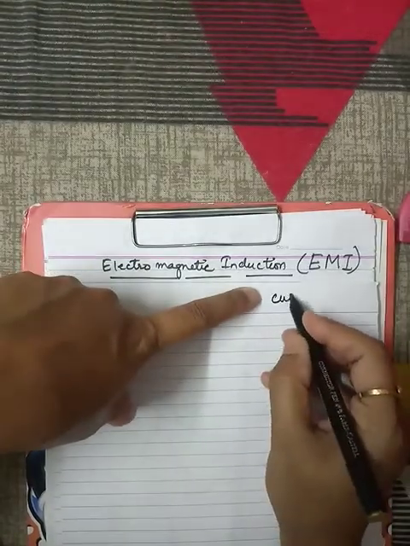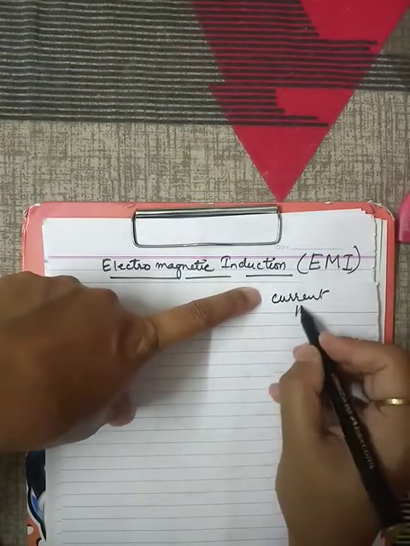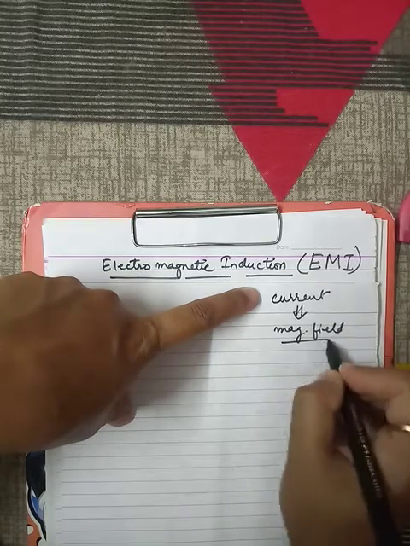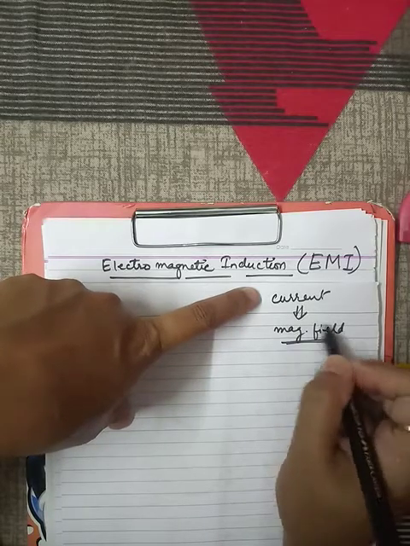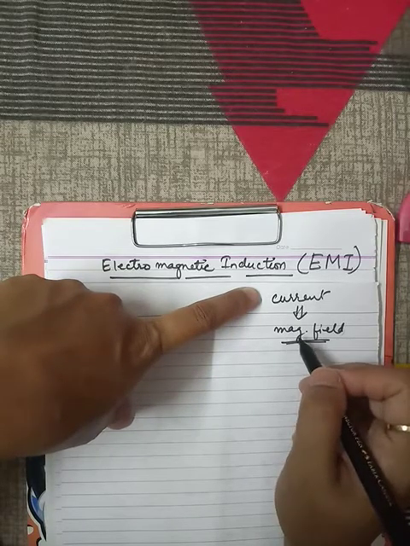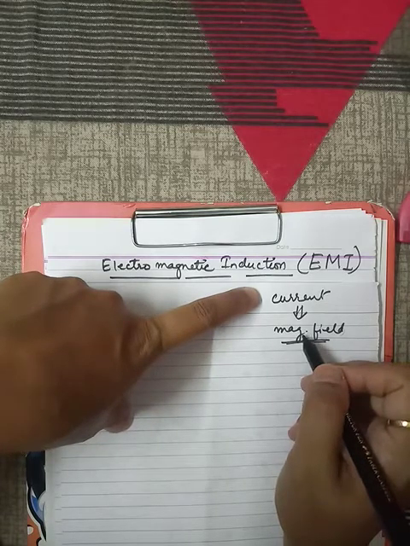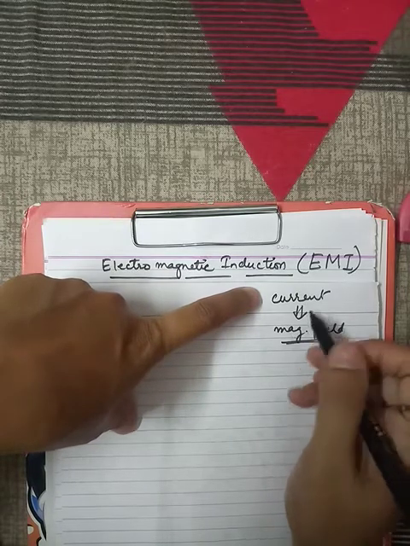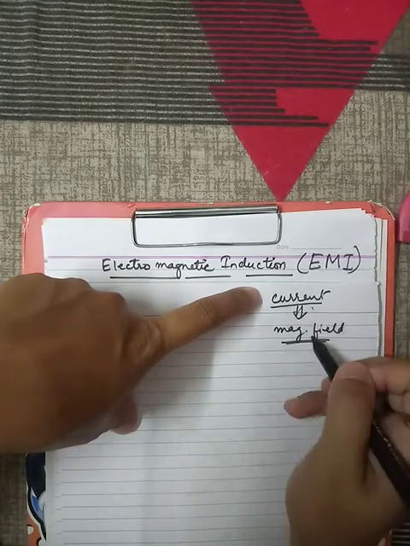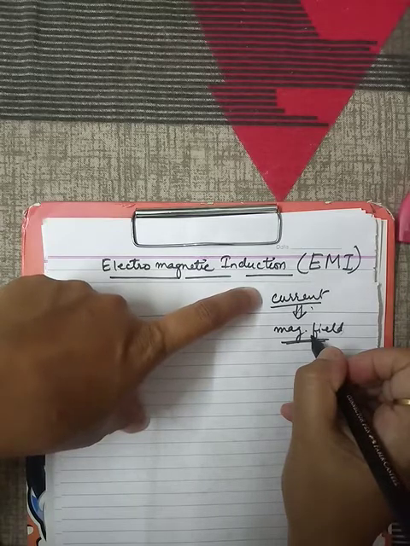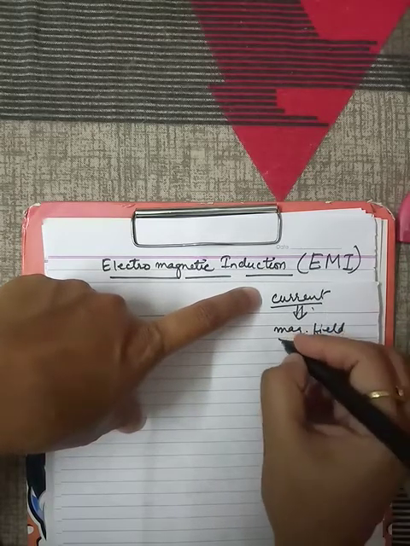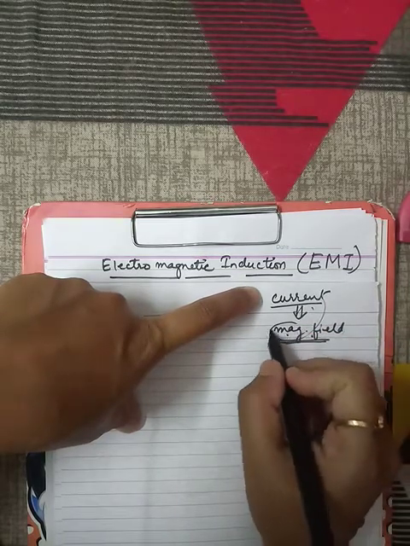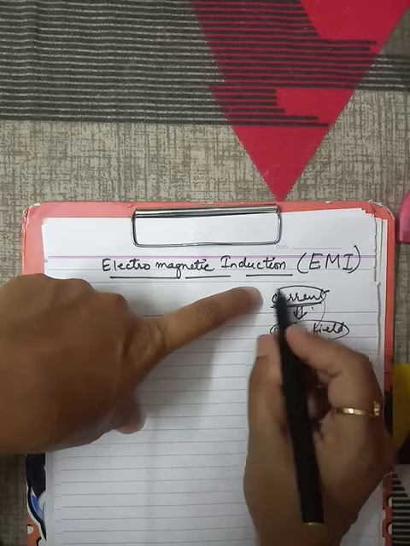Okay, so current can produce magnetic field, that we have understood till now, and many types of magnetic fields we have understood: in a straight conductor, in a circular loop, or in the shape of a solenoid also. Because of the current, a magnetic field can be produced, that is for sure, and that we have studied. Now completely opposite to this concept can happen, like a magnetic field also can produce current.